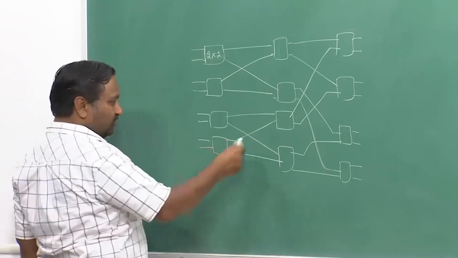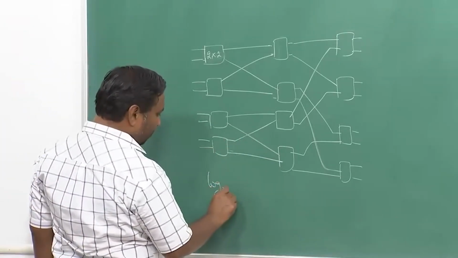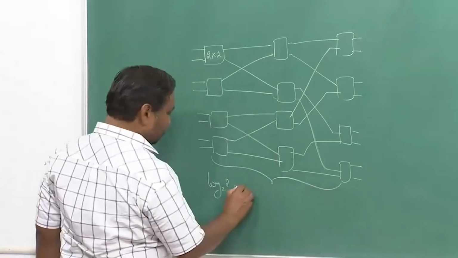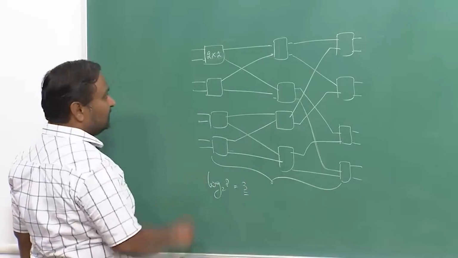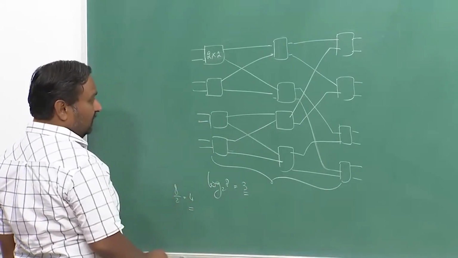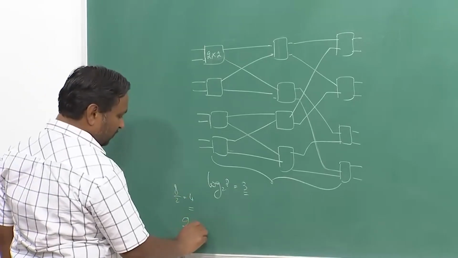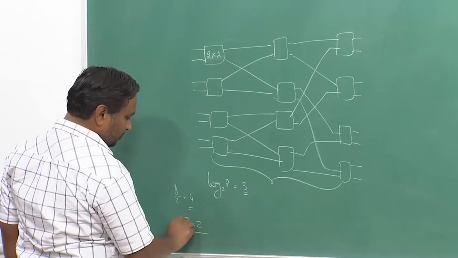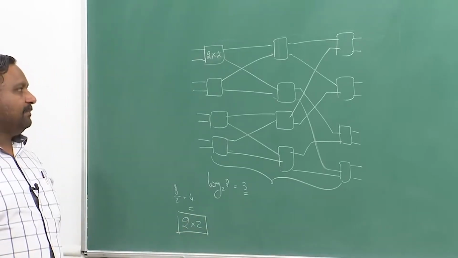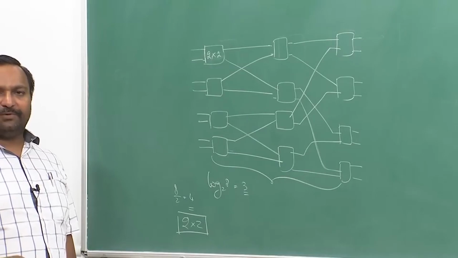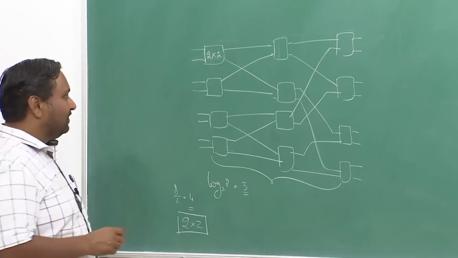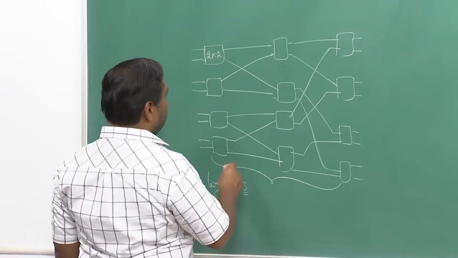So, in general for this one, for example, log 2 of 8 stages will be required, which is 3 stages in this case. Each stage will contain 8 by 2, that is 4 switches, and each switch will be a 2 by 2 crossbar. So, from every input to every output there is a unique path which is available. I will make a slight change here. What I will do is